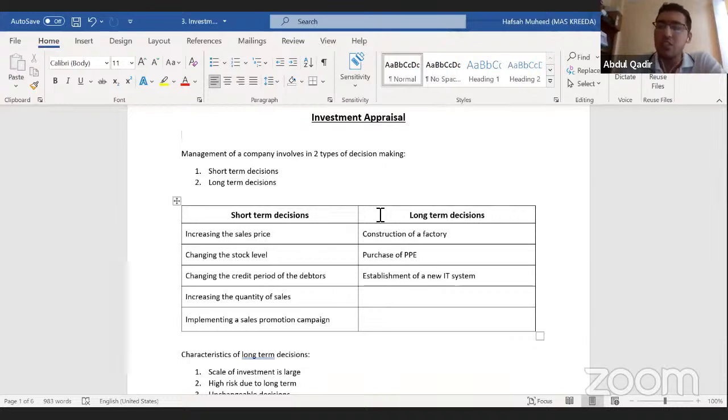These are short-term decisions, but a company sometimes may want to build a factory, open a warehouse, or purchase a very expensive machine. All of these require a huge capital investment. It's not very cheap when you make long-term decisions, and there are so many factors involved, because once you spend that money, you can't recover it back. So whatever decision you make in the long term needs to be carefully evaluated, and that is when investment appraisal comes in. Practically, in the real world also, these methods are followed and used.